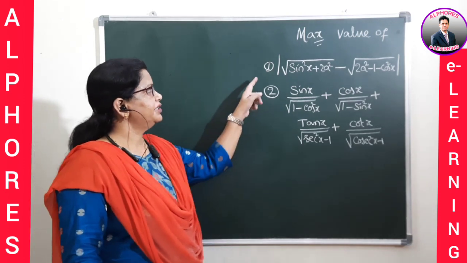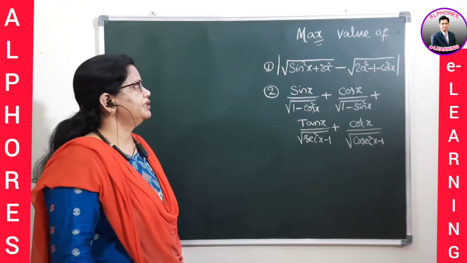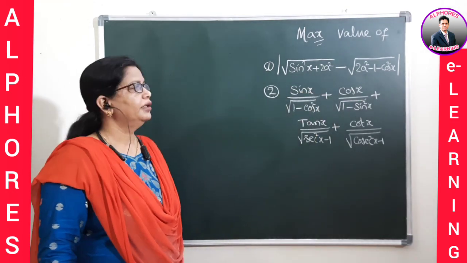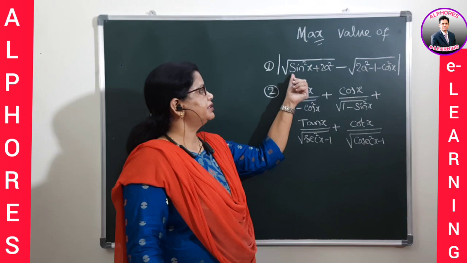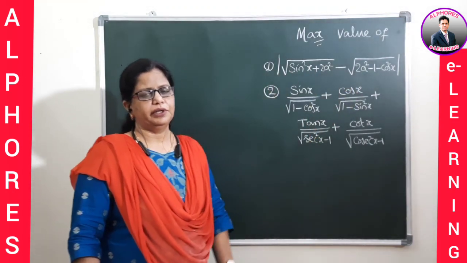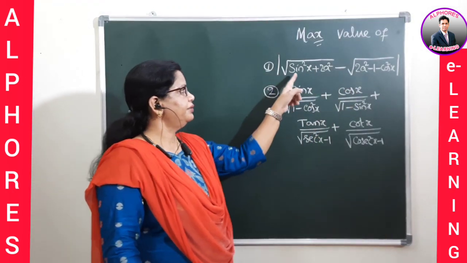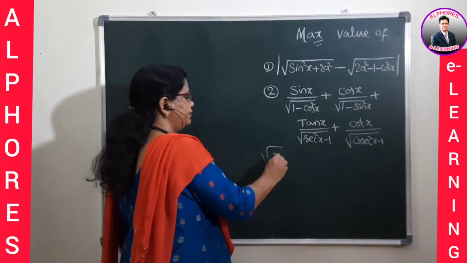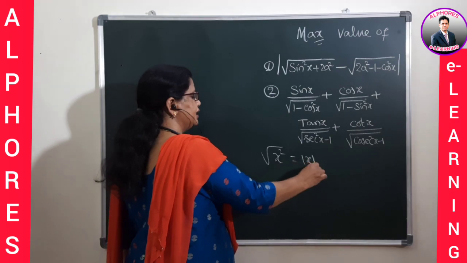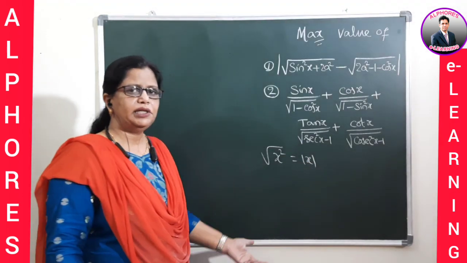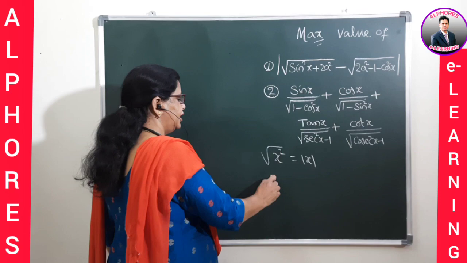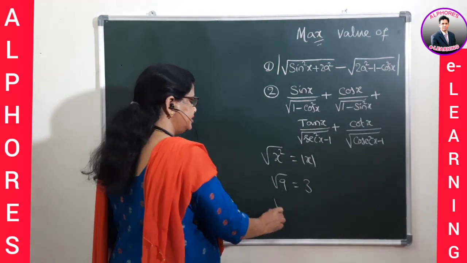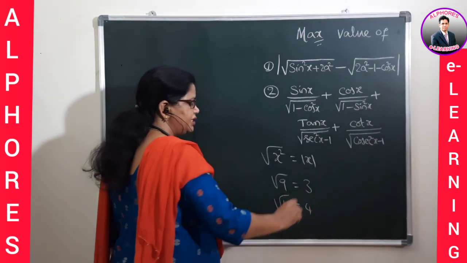Now let's have a glance, students, at this problem. That is the maximum value of mod of this value and the other one. Now maximum of mod of square root values. Both are square roots, and all of you know very well, the square root of a function is always positive. So if I take root of x square, the answer is always mod x. Understand? That means the outcome is always positive. Or root 9, suppose you are taking, the answer is here 3 only. And root 16, suppose you are taking, the answer is 4 only.